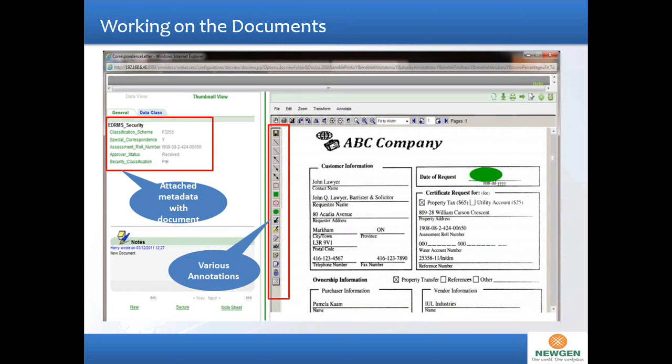You should be able to view all those documents from a web browser. You should be able to work on those documents. You should be able to write your notes, comments, use annotation over the document so that the other person who is going to work on this document is able to see whatever you have done on that document.